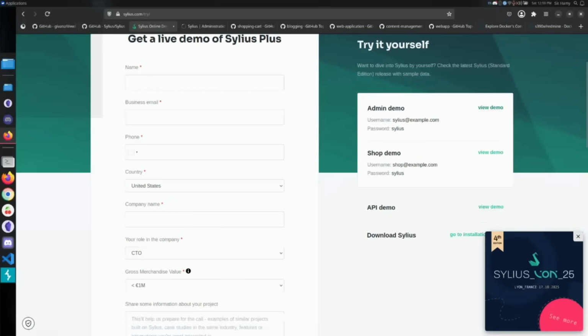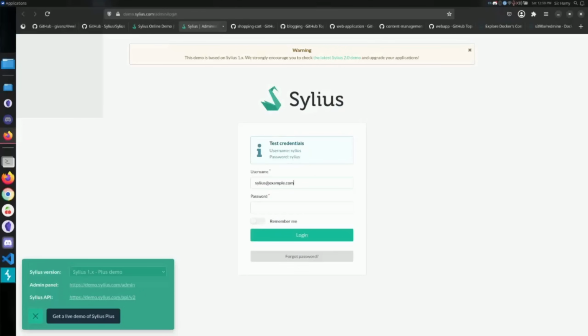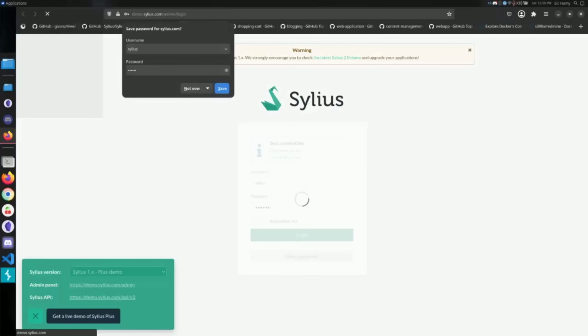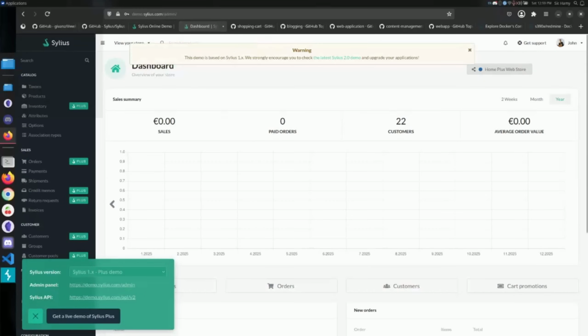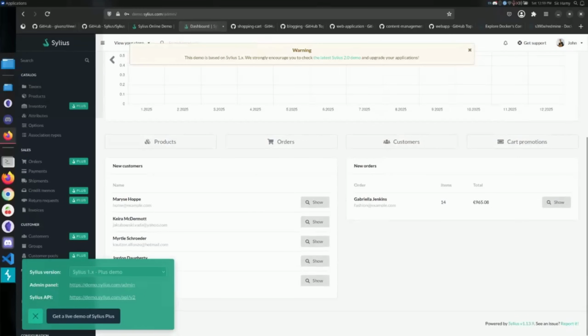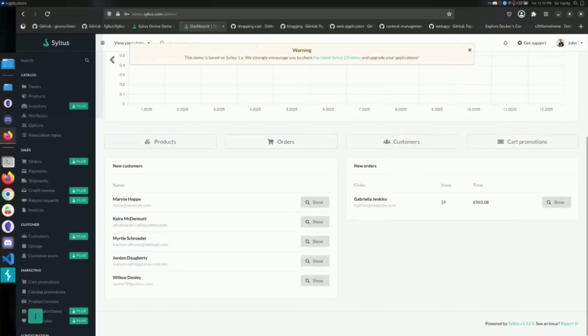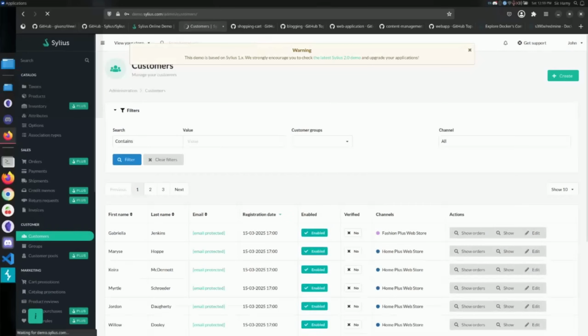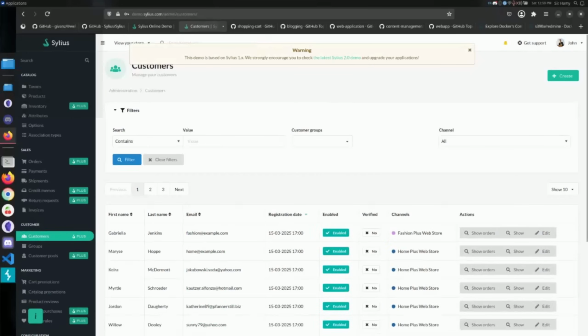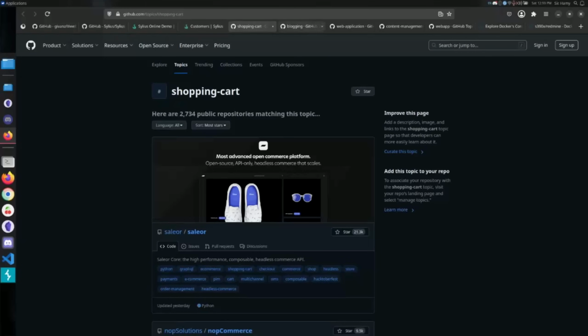I could just try this now to show people how easy it is. And this is exactly what I do. So I think it's just Cilius. I'm a bit lazy, so I have to copy paste everything. Well, yeah, this is the backend, so you can get an idea of how everything works and then get started on hacking it. Then there's shopping cart,